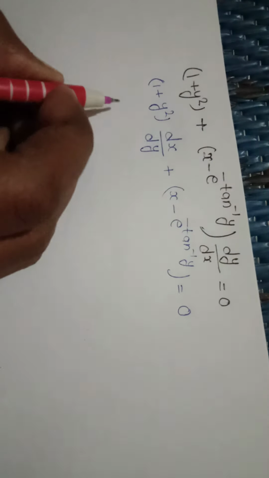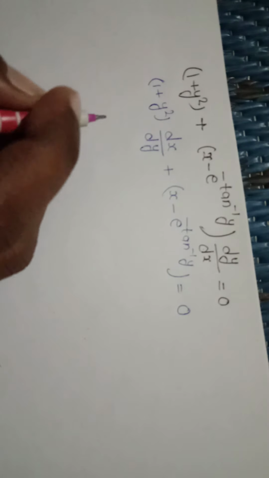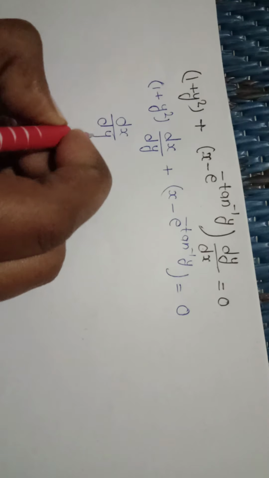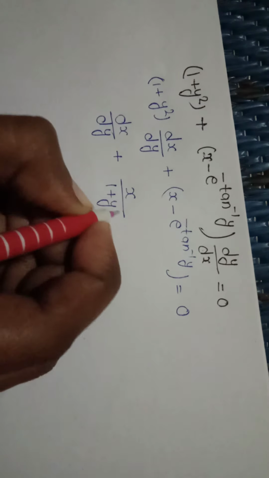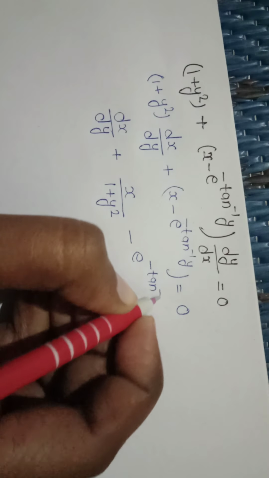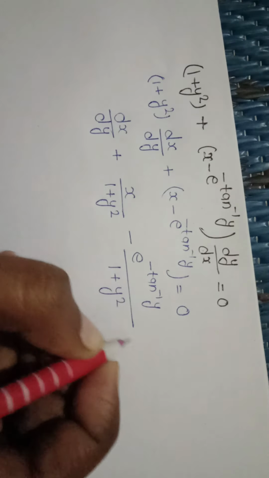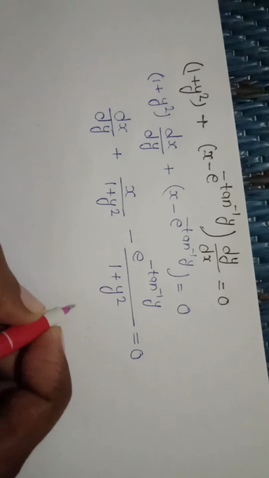Now I have to make it in the standard form. What was that? That is dx upon dy plus x upon (1 plus y square) minus e raised to power minus tan inverse y upon (1 plus y square) equal to 0. Now we know about the standard form. What was that? That is dx upon dy